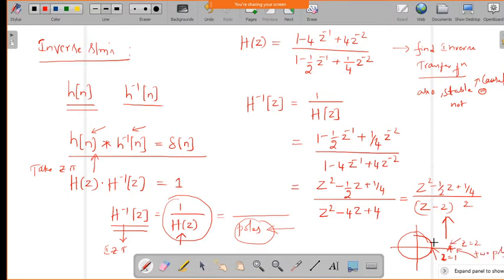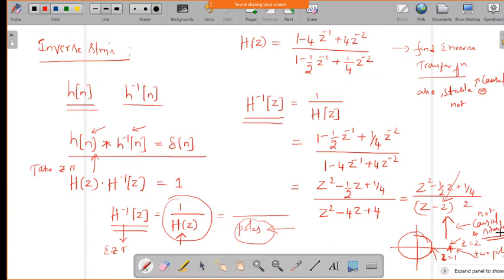So since the poles are outside the unity circle, the system is not stable and it is also not causal. Okay, causal and not causal and stable. Understood. So find out the poles. This is very important, finding out the roots. Then based on this we can decide whether the inverse system, because we are finding the roots for the inverse system, is not causal and stable.